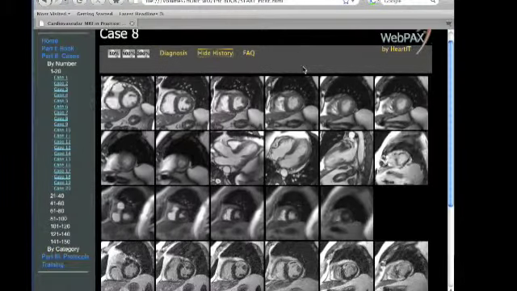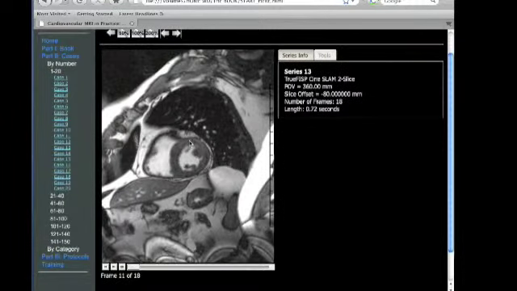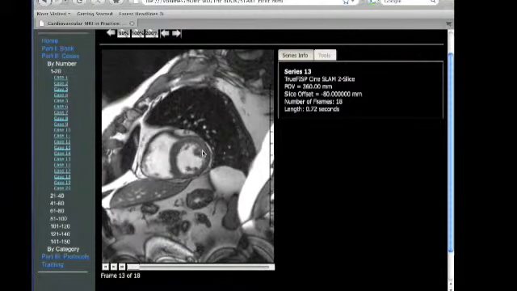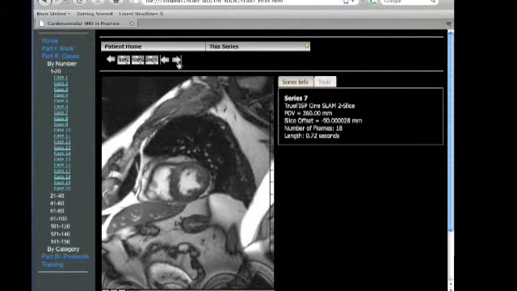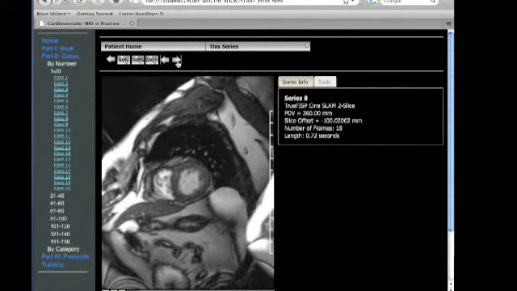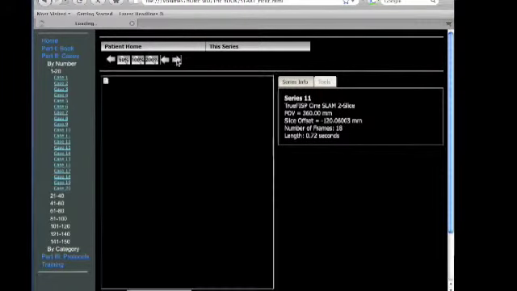evaluate for viability. Review of the short axis images demonstrates that there is impaired wall motion of the anteroseptum, anterior wall, and anterolateral walls at the basal level, extending to involve the midventricular level and continuing to the apex. In fact, as one proceeds to the apex, it appears that there's actually anterior wall dyskinesia. This can be confirmed on review of short axis images. As one reaches the apex, one can see that there is progressively increased akinesia now involving much of the entire